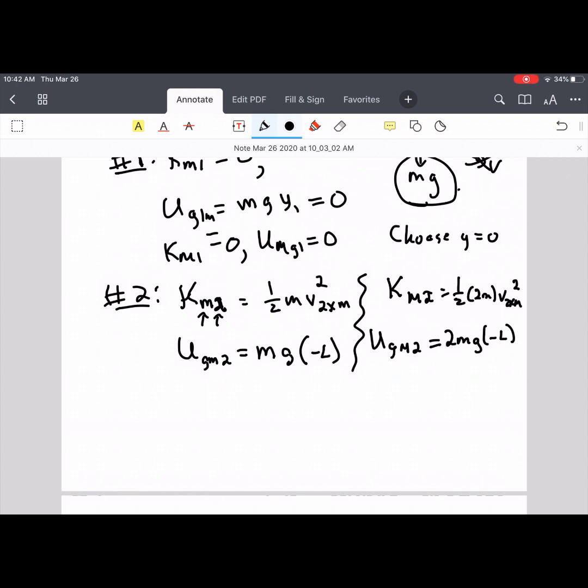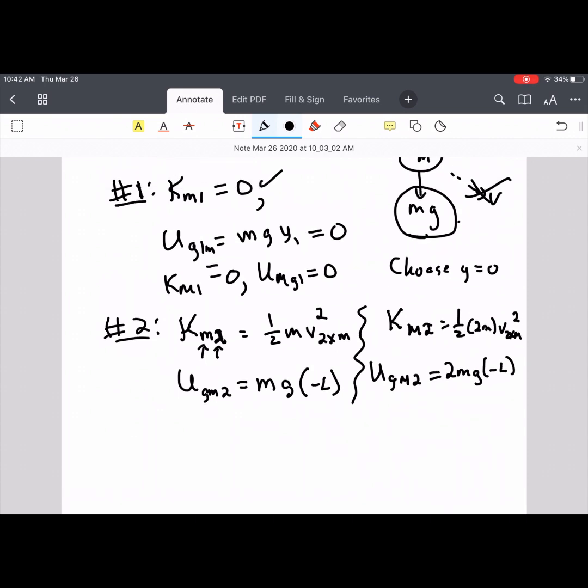They're not talking to each other, so each has individually conserved energy. So in particular, let's talk about object 1. My initial energy is just kinetic equals 0 plus gravitational equals 0. So that's 0. My final energy is kinetic, 1/2 mass times v2xm, lowercase m squared, plus gravitational, which is negative mgL,